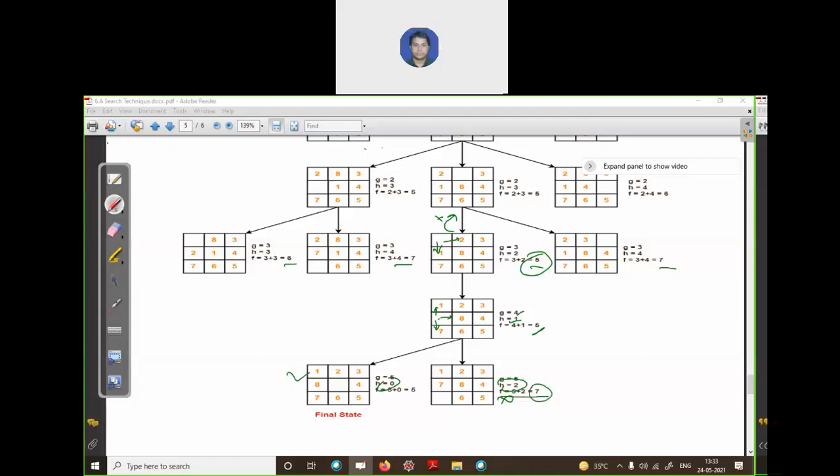Compare this state with your final state, and it is the same, so you will stop at this point, because we have reached the goal state, and we will return the path which you have followed to reach this state from the initial state. Is it clear to all of you?